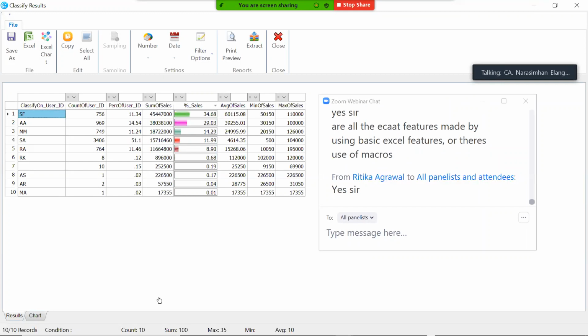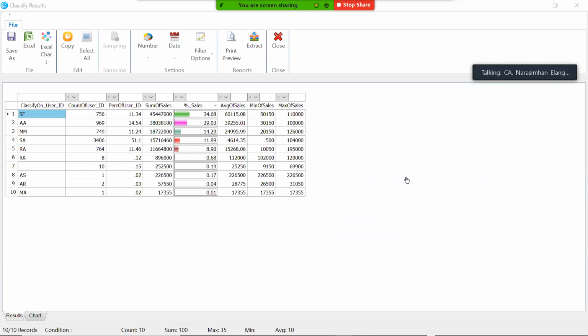See, the way I look at it is I am not much worried about what is the background or how the tool is being developed. I am more interested in what the tool can do for me. It's very important for us as professionals to understand, what is the benefit I get from this tool? Can I save my time? Can I increase my productivity? Can I ensure that the time I am saving gives me some sort of return on investment on the tool as well as on my time?